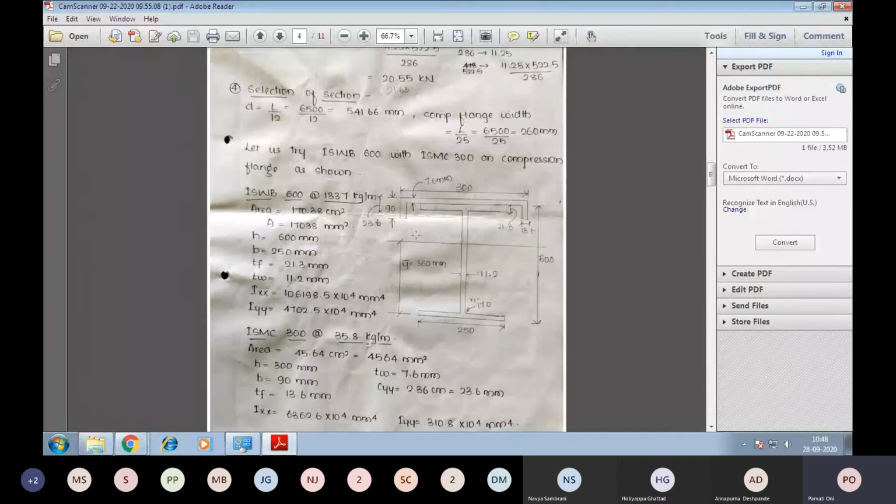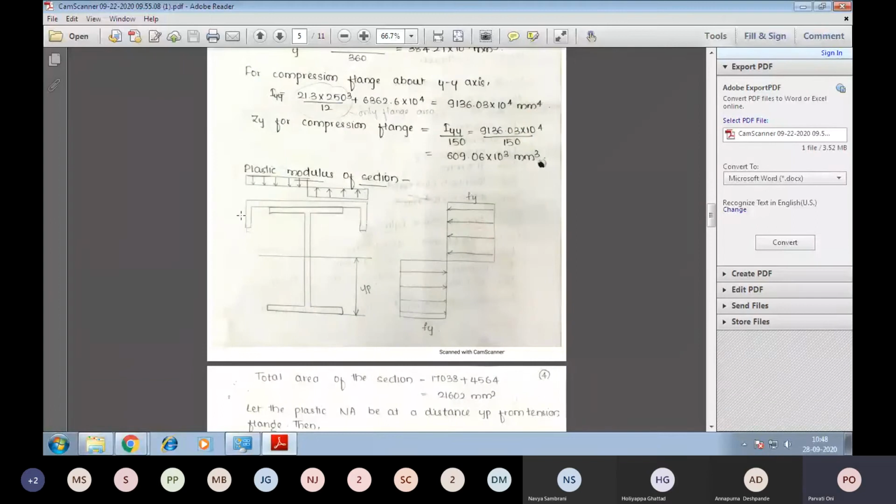From the CG I need till this neutral axis, right? The CG of this channel section is 23.6. From this CG, I need the distance till the neutral axis. So in total distance, I will minus this CG distance, right? And I will minus this YP. So total distance is 600 plus 7.6. 600 is of the I section. Plus 7.6 will get me the total distance.